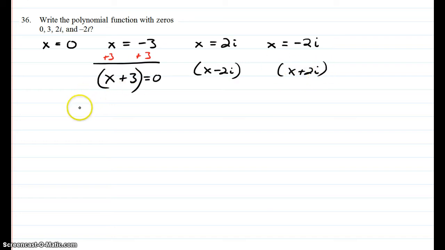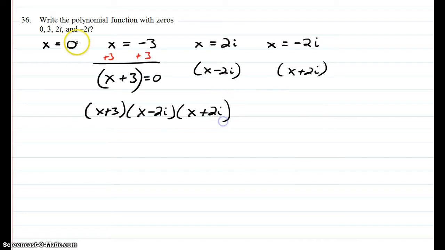And so we want to put all this together. So we have the x plus 3, we have the x minus 2i, the x plus 2i, and then we have this 0. Well, that's just x. So go ahead and, when you simplify this, you'd want to simplify the imaginary first, because you should notice that this is a complex conjugate. So as you multiply these,